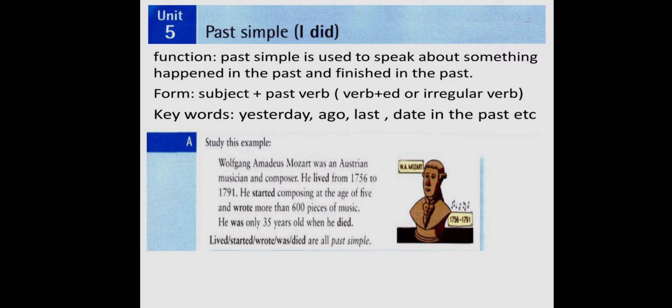Past simple, if we speak of past simple, we think of actions that happened in the past and finished in the past. The function of the tense is to speak about something that happened in the past and finished in the past. It can be one action and it can be more than one action. We can use it with